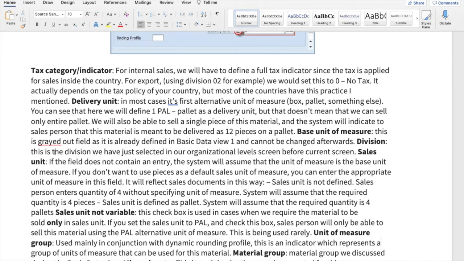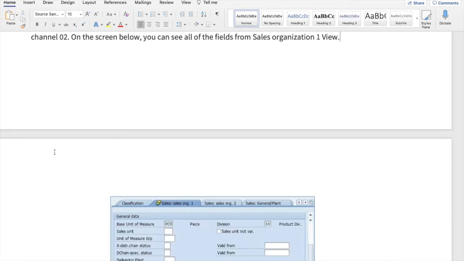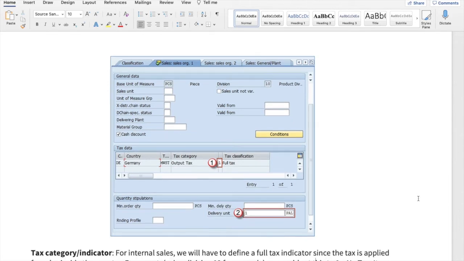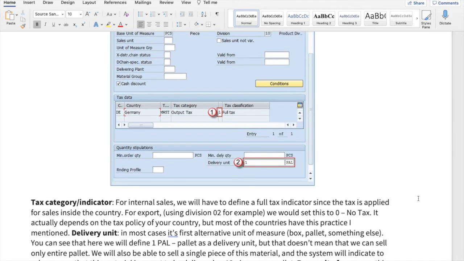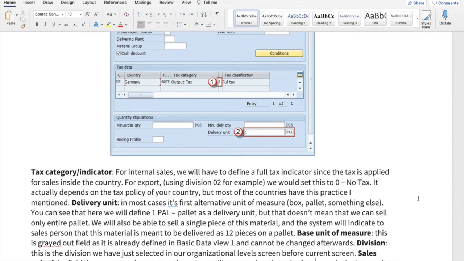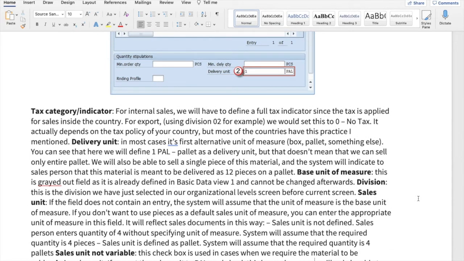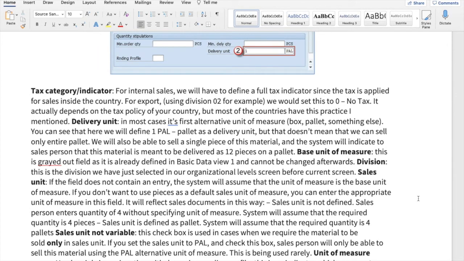And then you can also go to something called minimum order quantity. When you are ordering this material, sometimes the factory takes only a minimum order. So you can mention the material minimum order quantity over here in this particular area. Here you can see minimum order quantity, how many pieces, and minimum delivery quantity, how many pieces. So when a salesperson is trying to take an order, he cannot take an order less than that, because it does not make sense for the factory to make less than that number of minimum order quantity or minimum delivery quantity. And I think I missed one important point which is rounding profile.